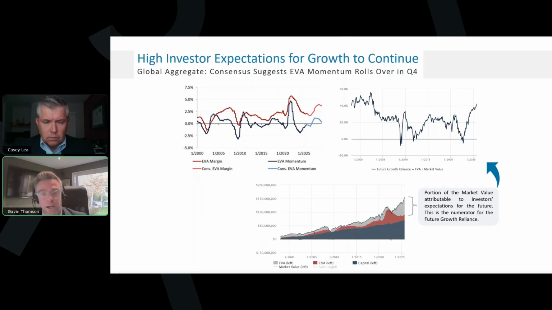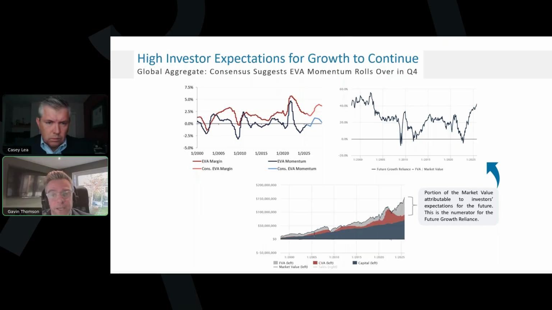The bottom chart actually shows it in an even bigger way, in the sense of the grey bars, which we spoke about in the previous slides, talking about future value added, so that embedded expectations for growth going forward. Really what's happened is, as the earnings story has continued to decline, the market's become more and more optimistic about the recovery story coming through. And when we look at our FGR, our PE equivalent chart, we're back to 1999 levels